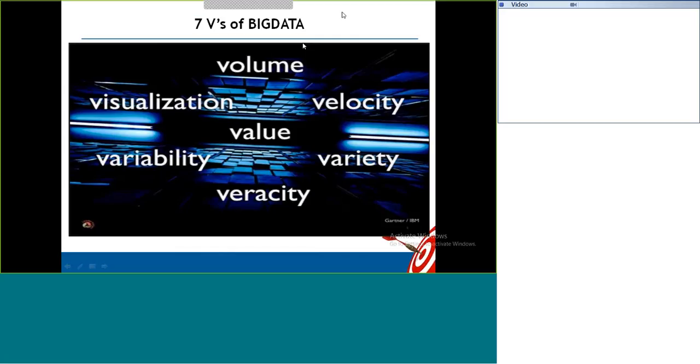Okay, so when the data becomes so big, what is the challenge? These are the challenges. Initially, we learned about the 3 V's of big data, right? Volume, velocity, and variety. After that, veracity as well, 4 V's of big data. Now, 7 V's of big data. So when the data becomes so big, it is hard for traditional systems to store and process. Best example is Twitter.